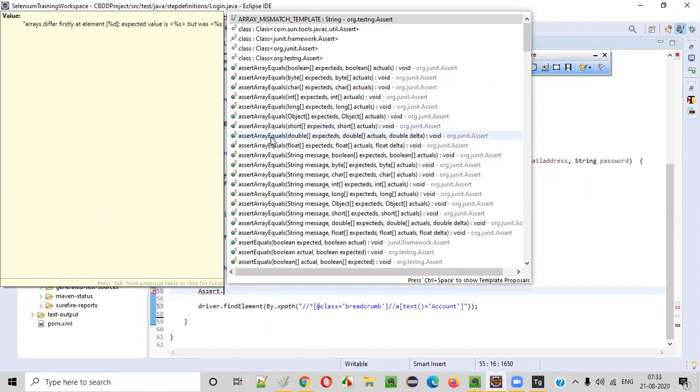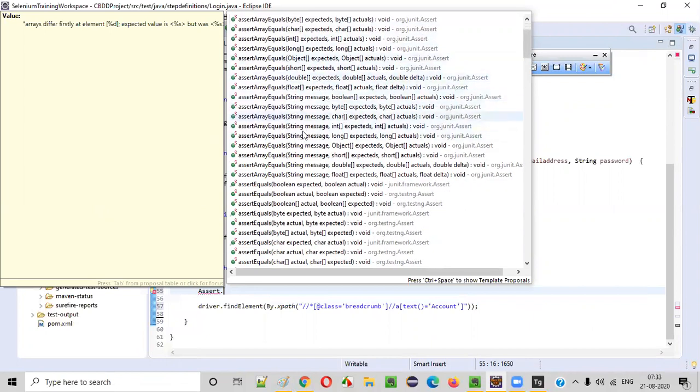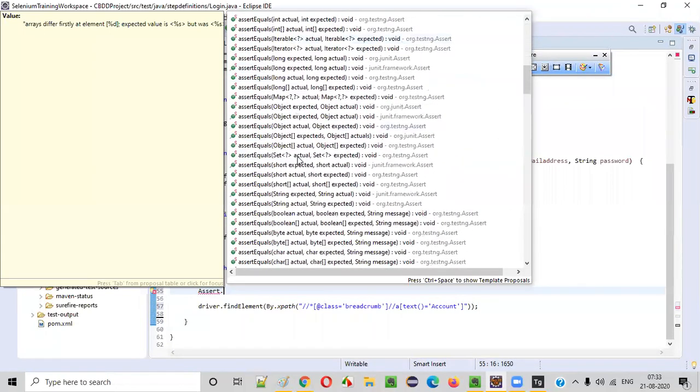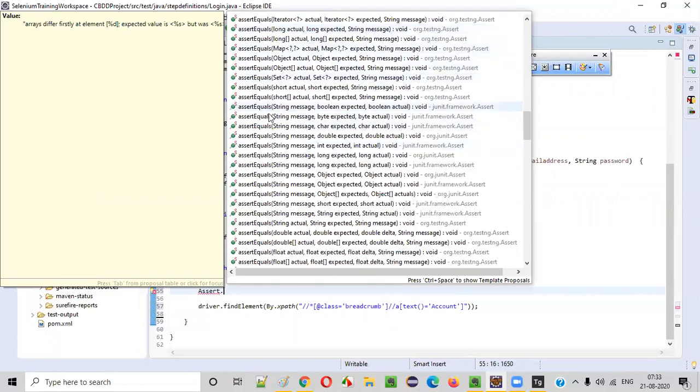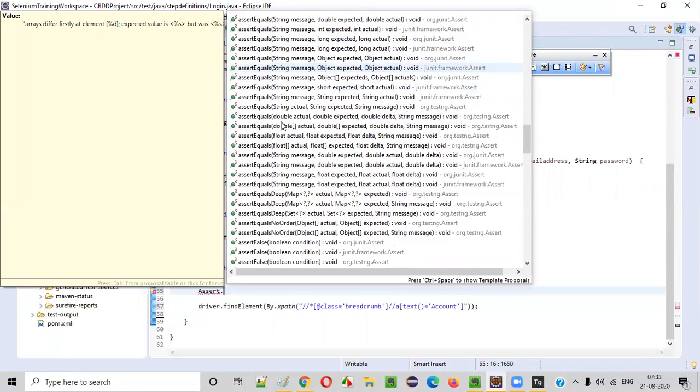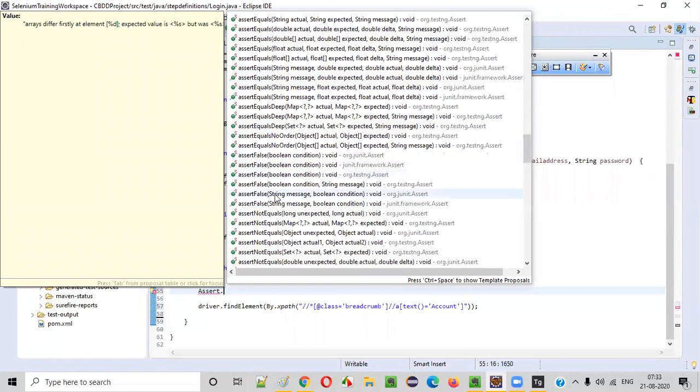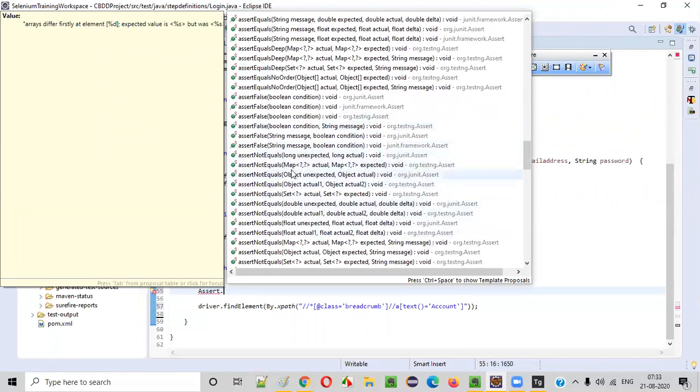Here I'll be using one of the JUnit assertions, that is Assert. You already know a lot of assertions: assert equals, assert not equals, assert true, assert false. A lot of assertions are there in JUnit.